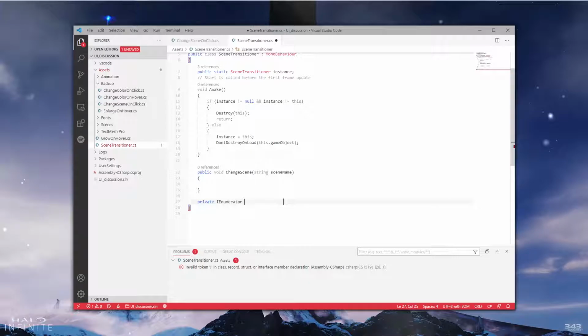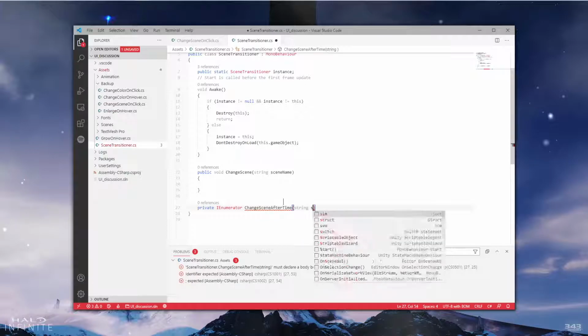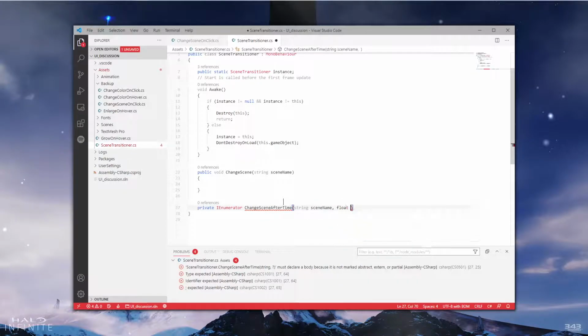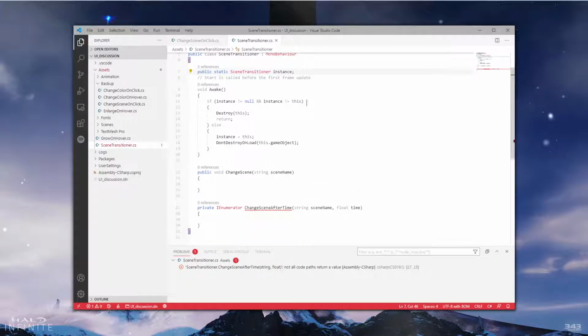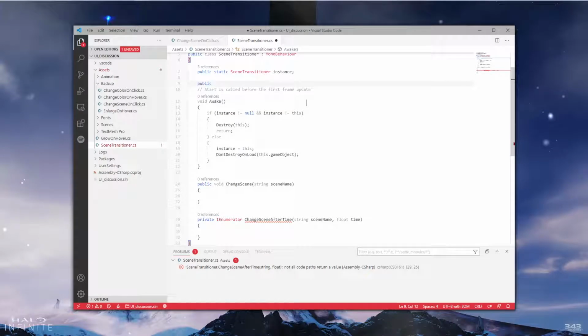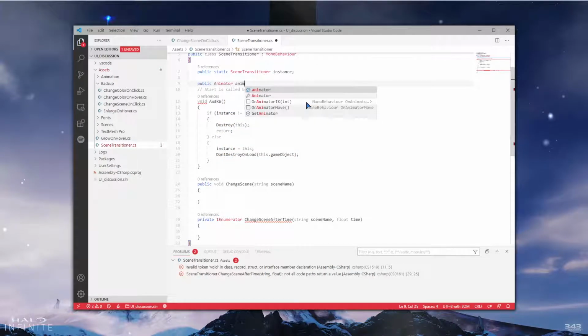So private IEnumerator change scene after time, string scene name, float time, and then I want a public animator anim,